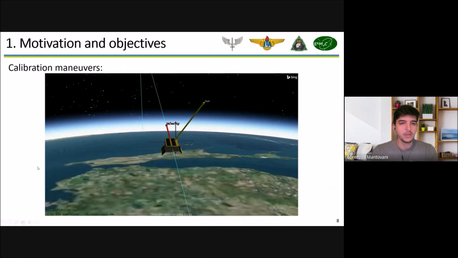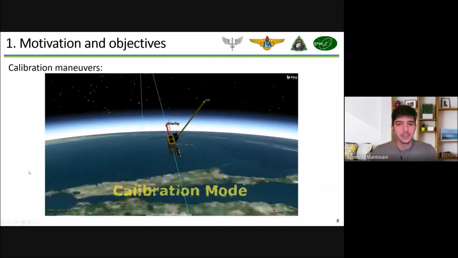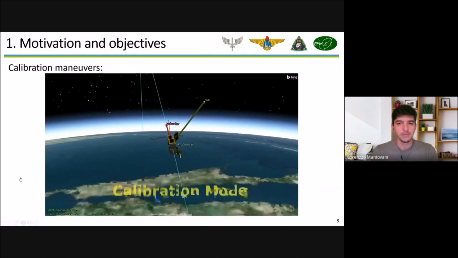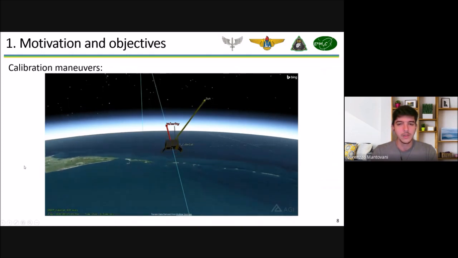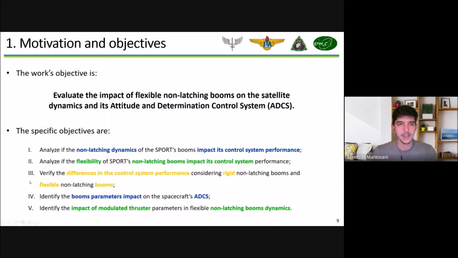This simulation was performed by a SPORT team, and it's going to show you what these calibration maneuvers are. So the satellite now is rotating around its axis, and it's basically that. The main objective of this work is to evaluate the impact of flexible non-latching booms